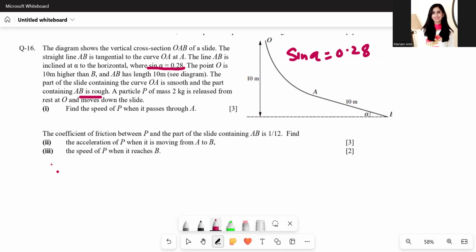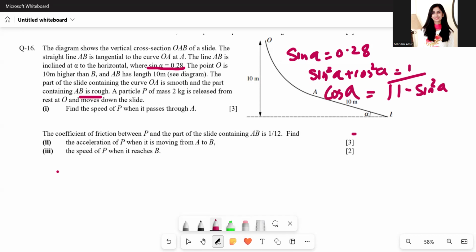I need cos alpha, so I can use the trigonometry formula: sine square alpha plus cos square alpha equals 1. So square root of 1 minus sine square alpha should give us the value of cos alpha. So 1 minus 0.28 squared, and then square root that,